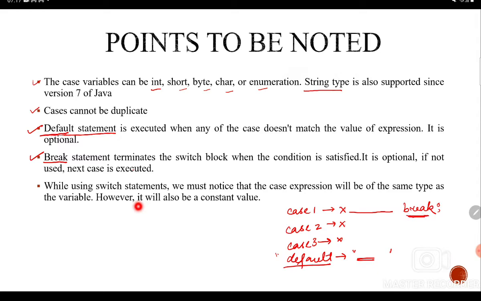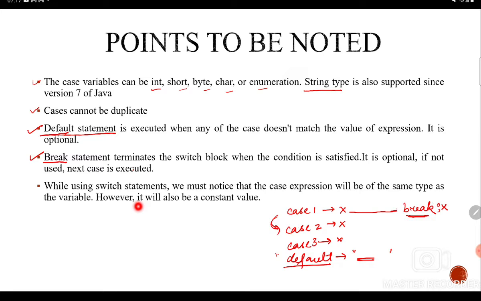It terminates that particular switch block when the condition is satisfied. If the break statement is not used, then it will go to the next case. Otherwise, it will simply terminate here and go out of the entire switch block.